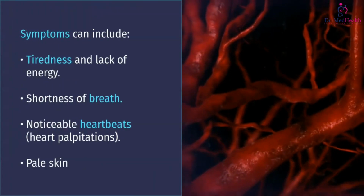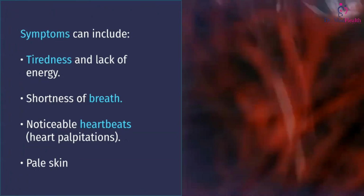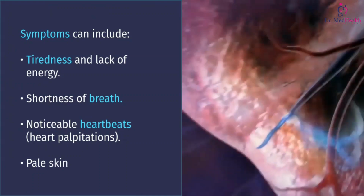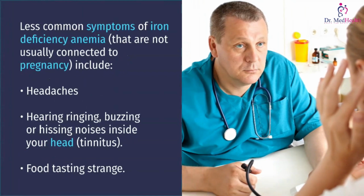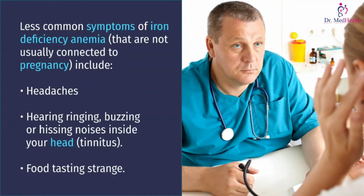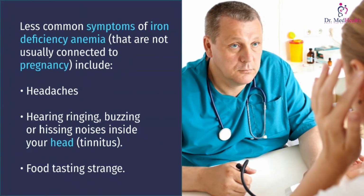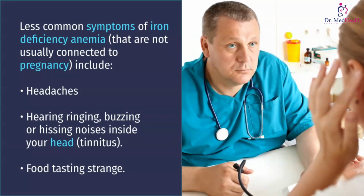Symptoms can include tiredness and lack of energy, shortness of breath, noticeable heartbeats, heart palpitations, pale skin. Less common symptoms of iron-deficiency anemia that are not usually connected to pregnancy include headaches, hearing ringing, buzzing or hissing noises inside your head, tinnitus, food tasting strange,